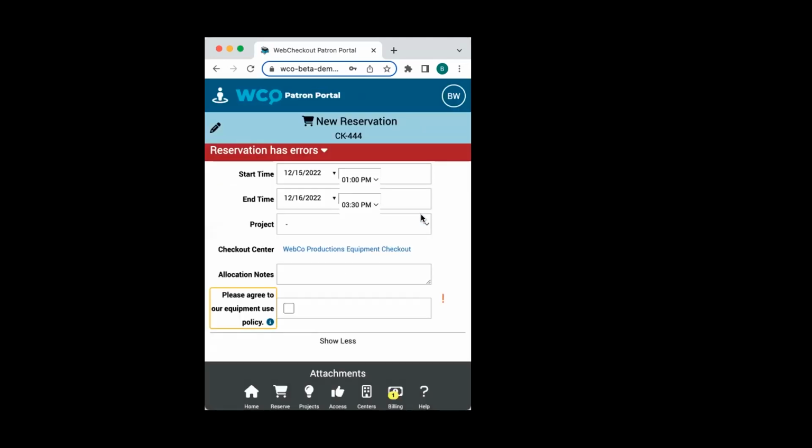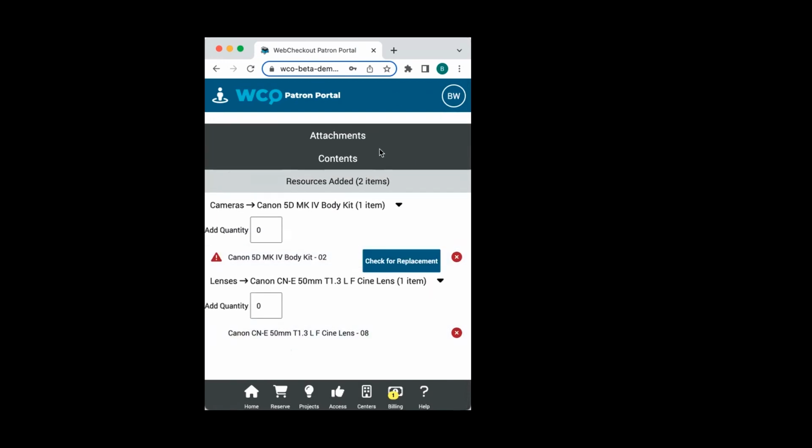Now, once we've gone ahead and added our additional details and our start and end times, we always have to select this save option to save that info. Once we've updated the required and optional information, we can review the contents of our reservation by scrolling down to this content